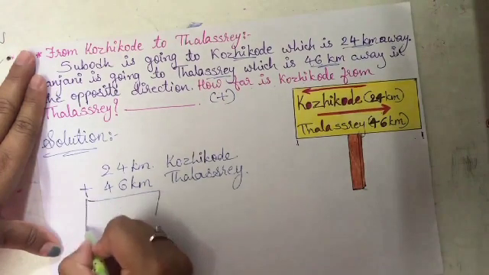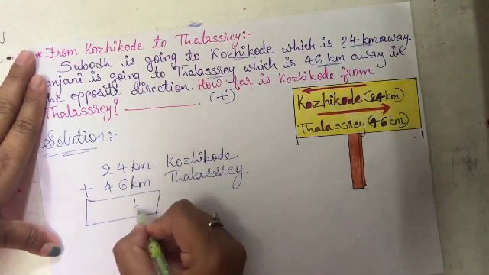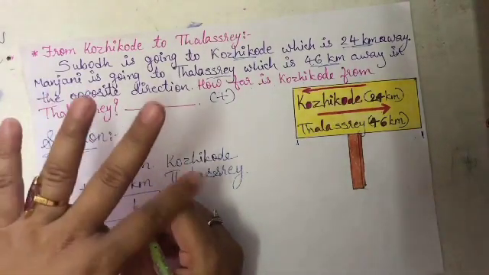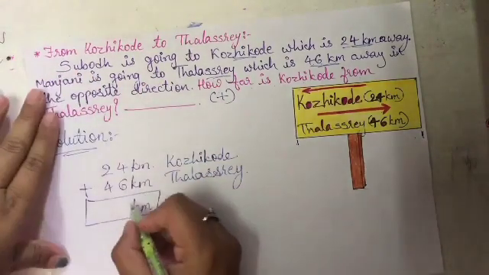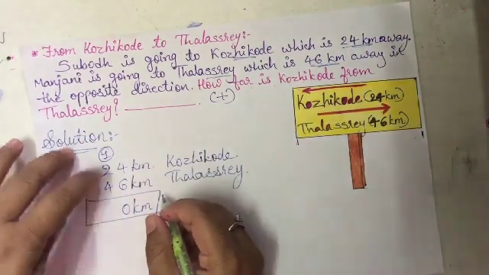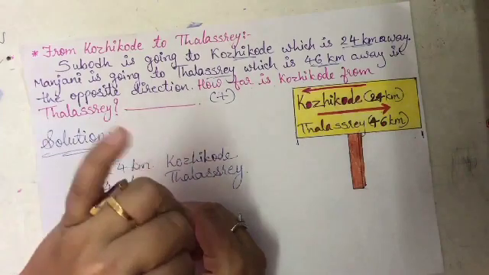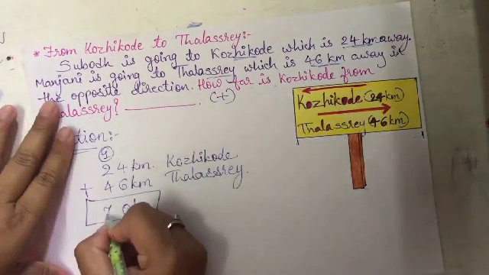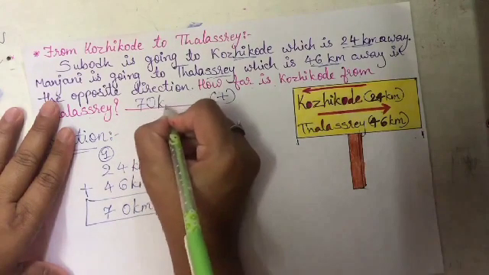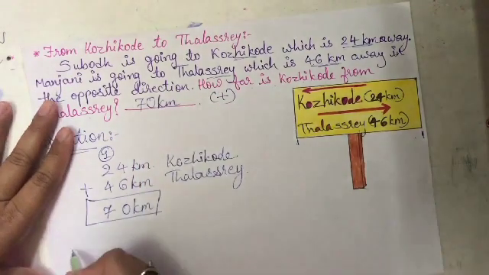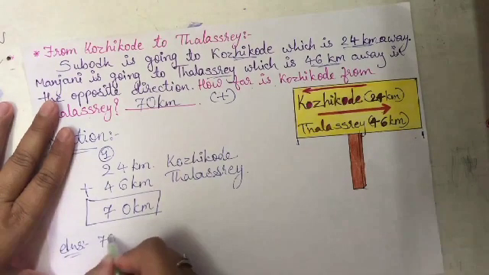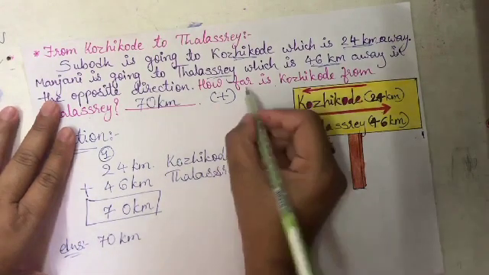Fine, let's do the addition. Kilometers unit, we will write it as it is. 6 plus 4 more means 7, 8, 9 and 10. 0 will be down, 1 carry on, 2. 4 plus 3 more, 5, 6 and 7. So our answer is 70 kilometer, right? Kilometer I wrote here. Let's write it here that 70 kilometer